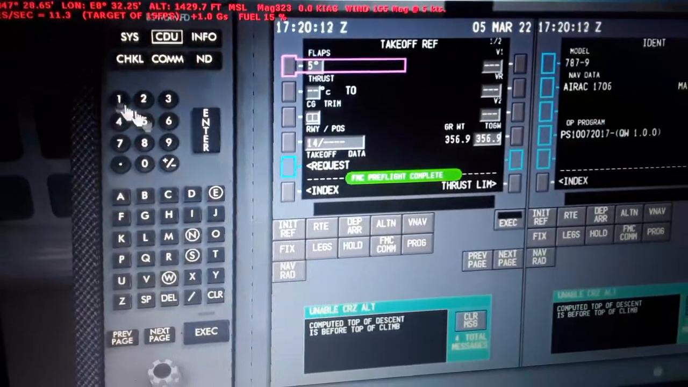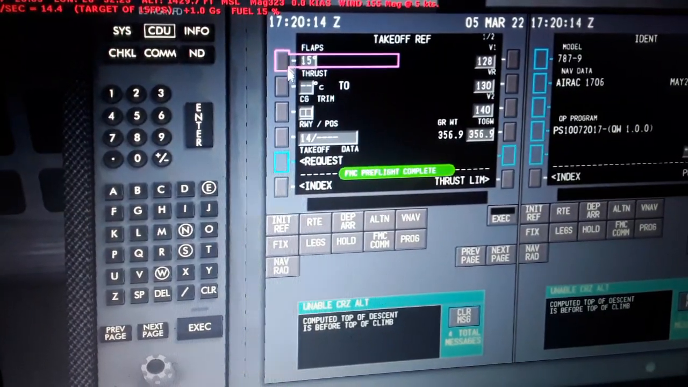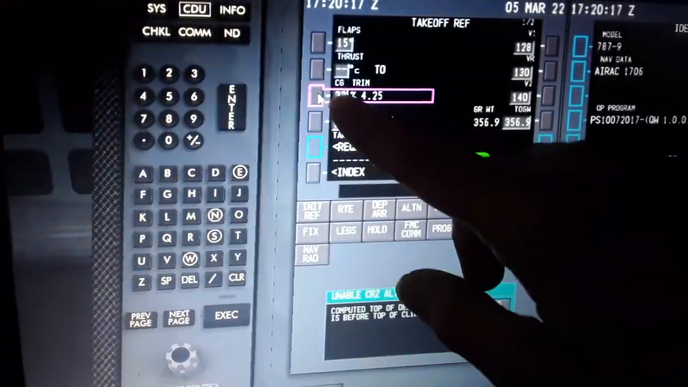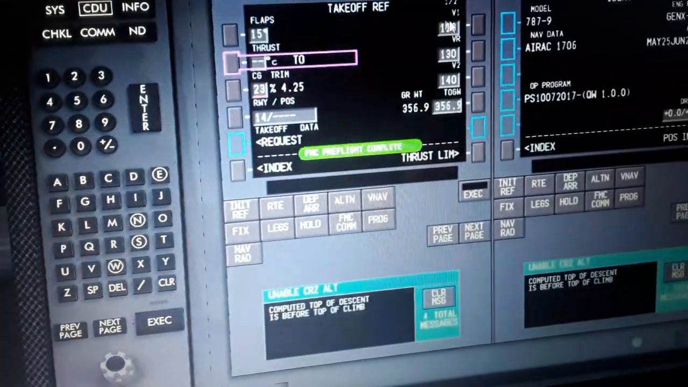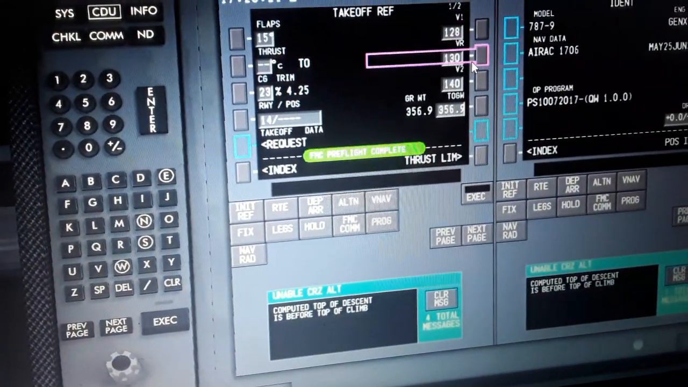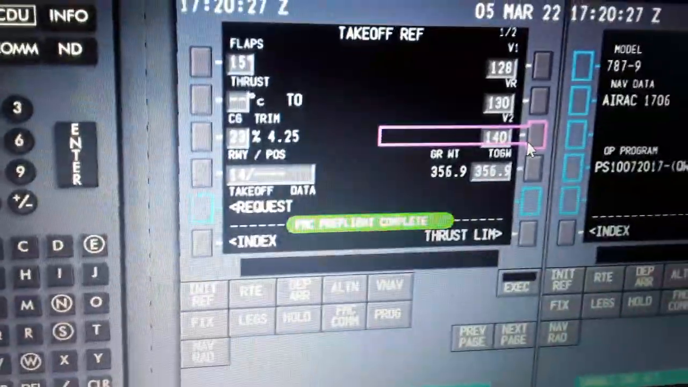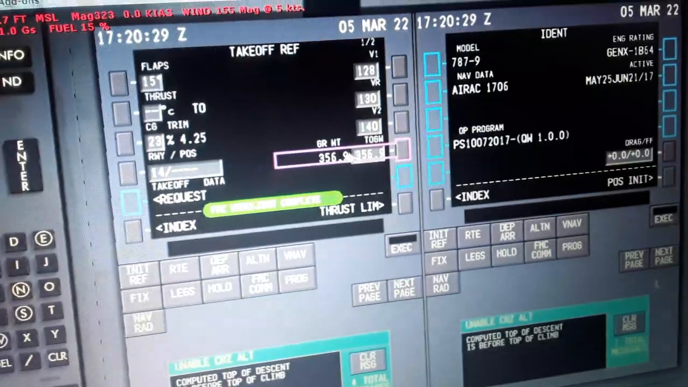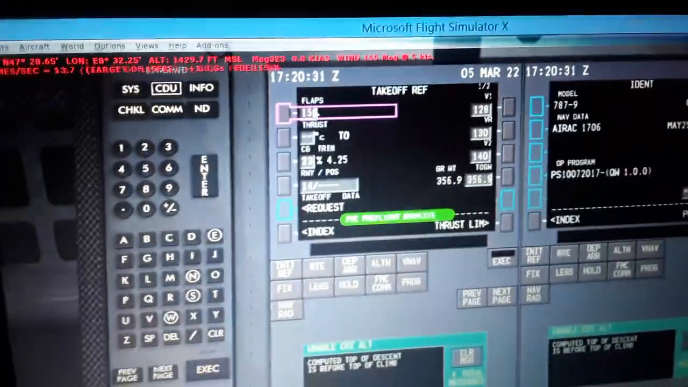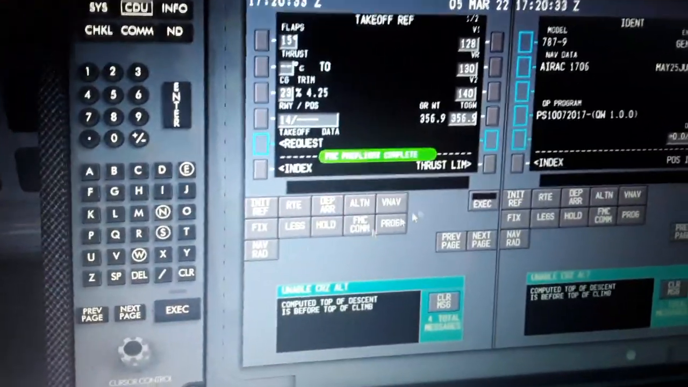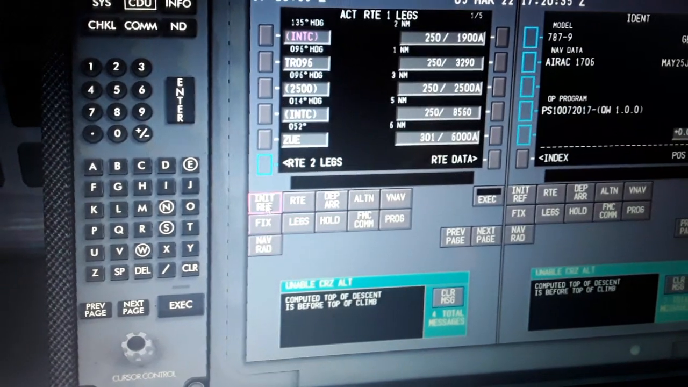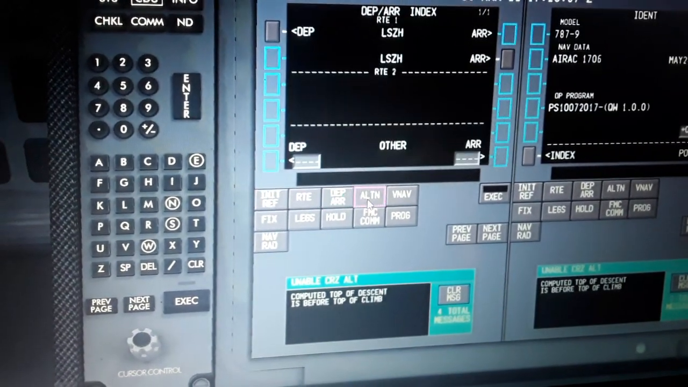We have also to set the flaps for takeoff 15 degrees, center of gravity and trim 28.25 degrees, V1 128, V rotate 130, V takeoff 140 knots over here. So this is the takeoff rotation speed, gross weight and runway. So this is what we need to do. The legs are created, initialized. We have a few more alternate